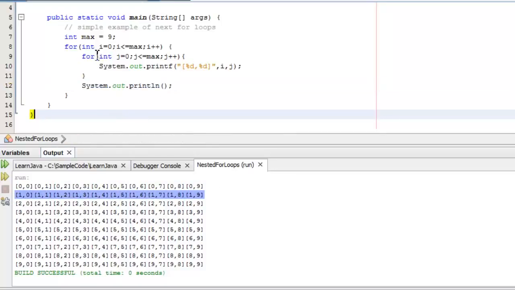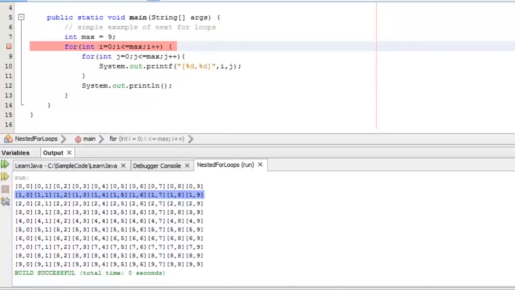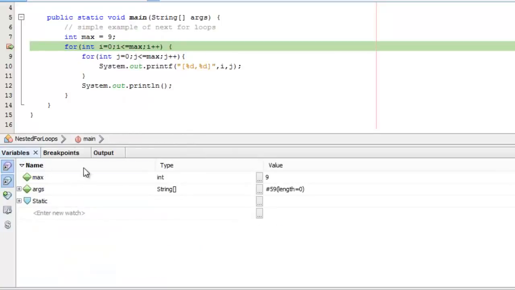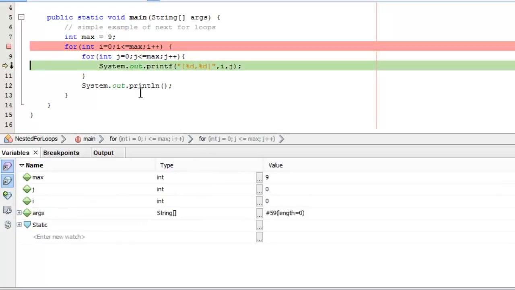Let's trace it so you can kind of see it in action. I'm going to put a breakpoint here, then give it a debug. Now I'm on line 8. I'm going to hit F8 to move on. You can see my value of I is 0. My value of j is 0. So I'm going to print out 0, 0 here,